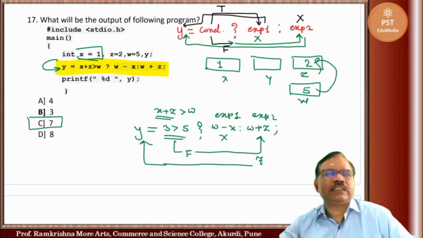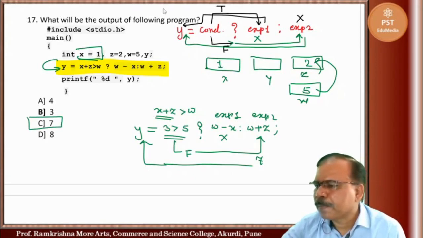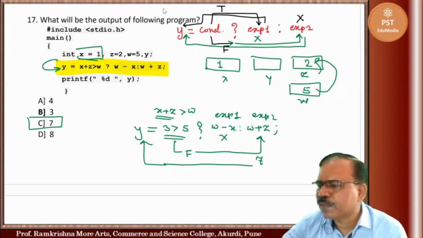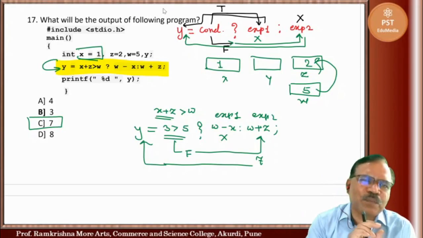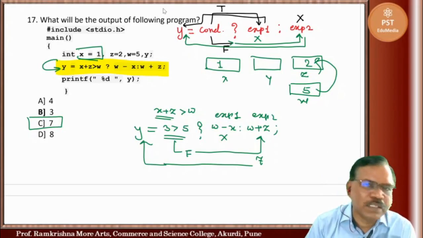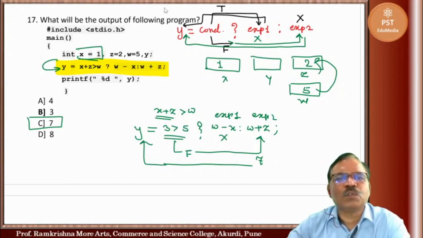This one is correct. So is it clear to you? Vasudev, Sarojini? Yes, sir. Okay. So you will have such types of small programs and you have to find the output of that program. Okay? And outputs will be given. Out of that you have to choose the correct output.